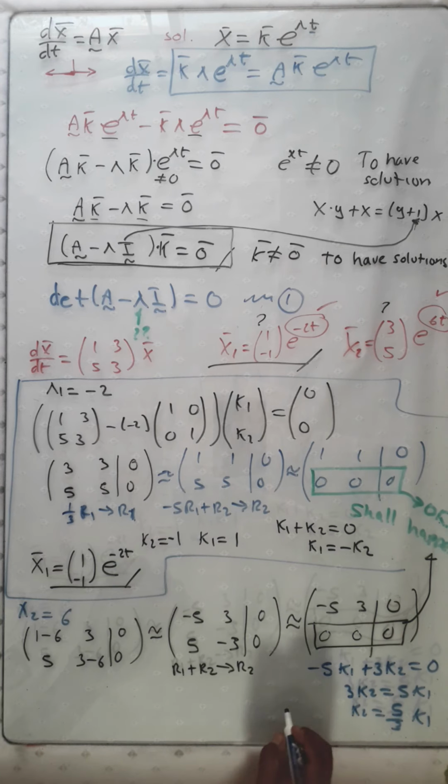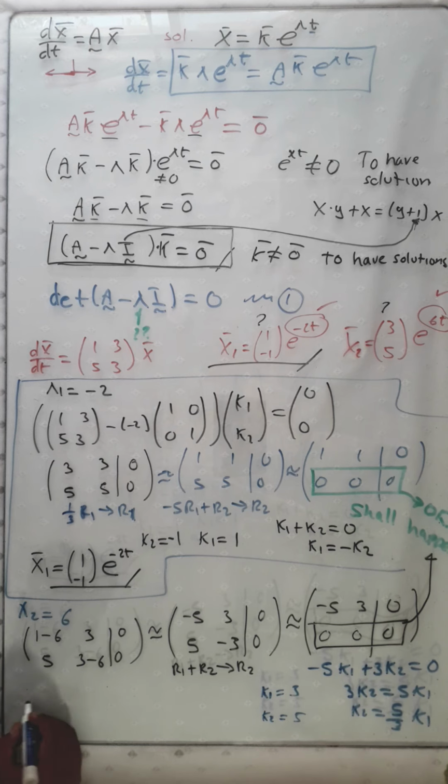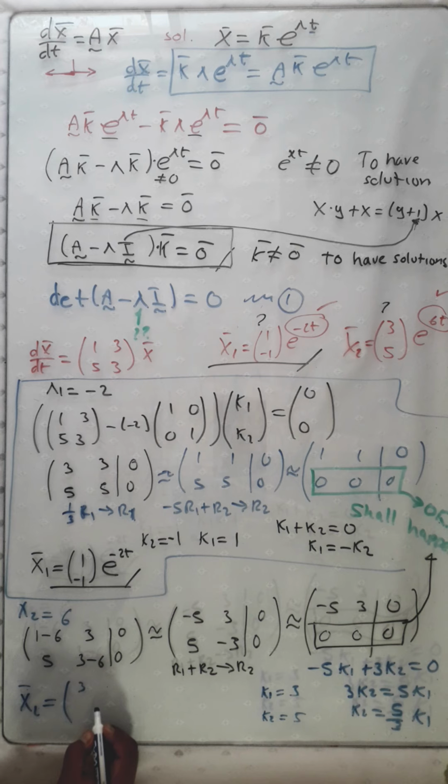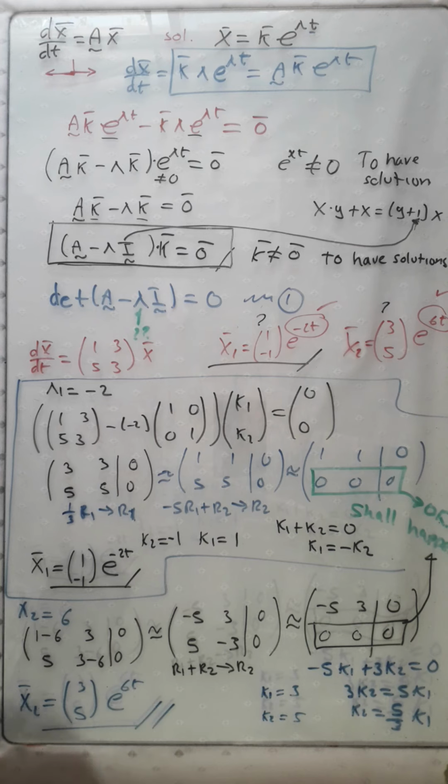So what I'm going to do is choose k1 equal to 3. Why 3? Because it's going to cancel with this 3. So k2 is equal to 5. Okay, so what is the second solution? The second solution here is going to be the vector k1 is 3, and then 5, exponential of 6t. And this happens to be the solution